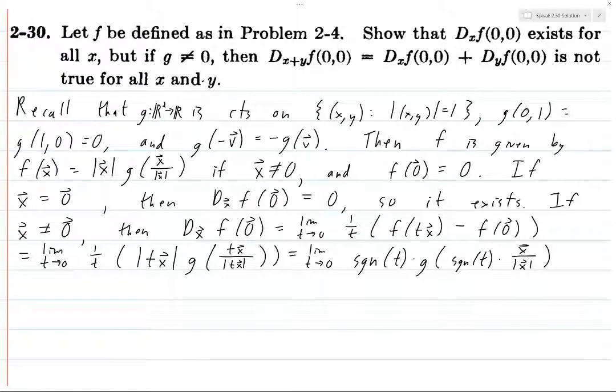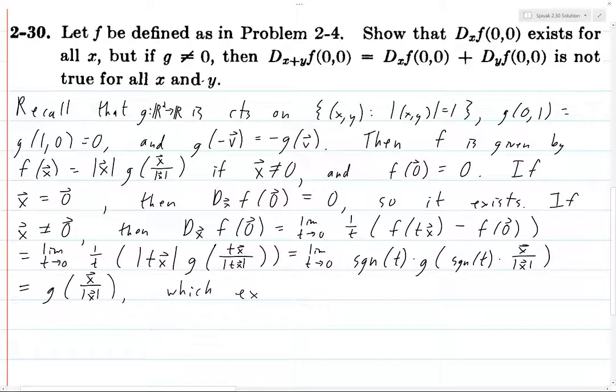But we know by the properties of g that if we have a negative on the inside, we can pull it outside. So we pull that negative sign outside, and we get two negative signs on the outside. So it's negative g of x over the norm of x. But the negatives cancel, so we just get g of x over the norm of x. So we get the same thing regardless of whether t is positive or negative, and we get something which no longer depends on t, so we can drop the limit as t goes to 0. We just end up with g of x over the norm of x,